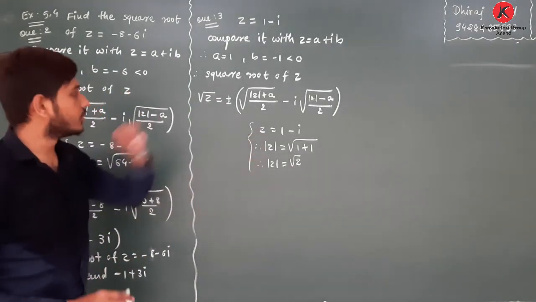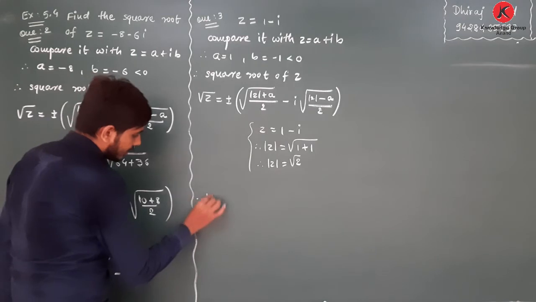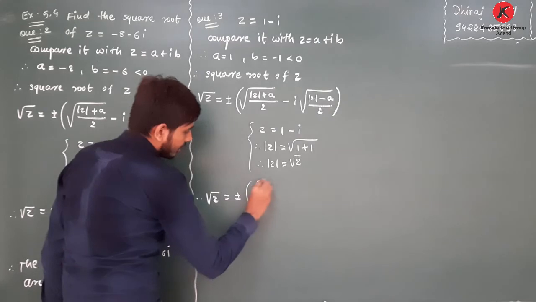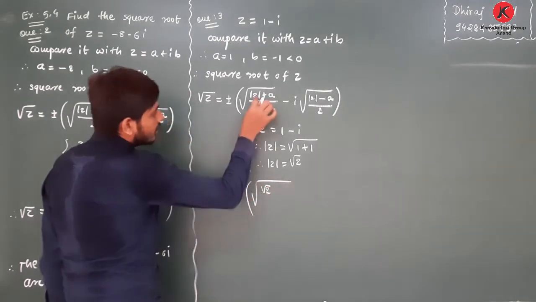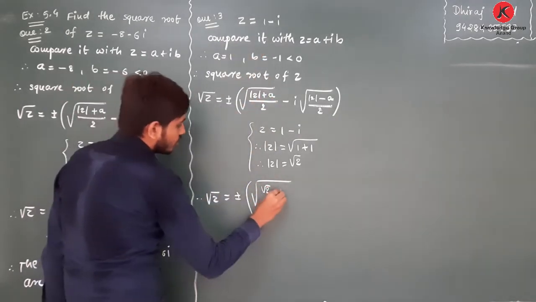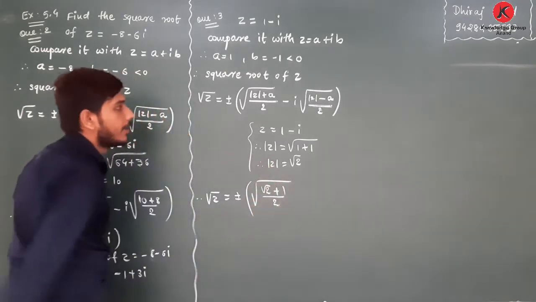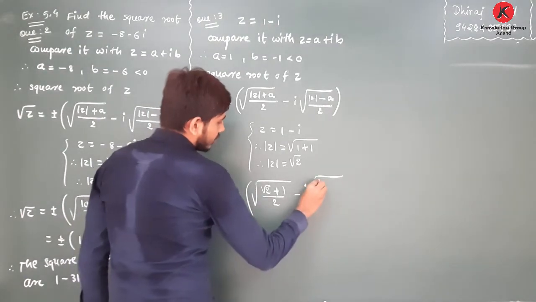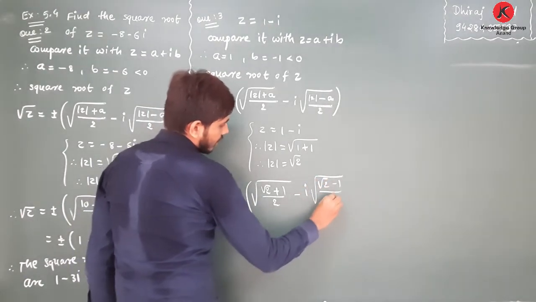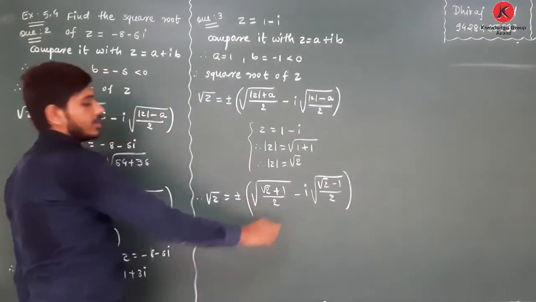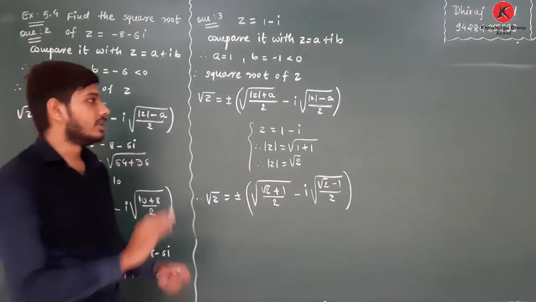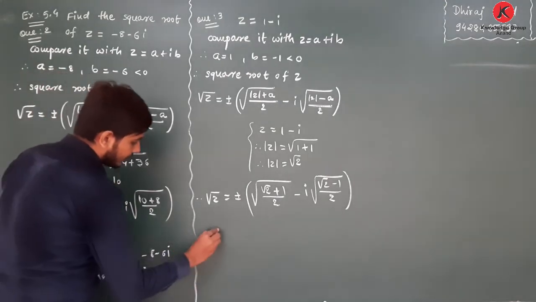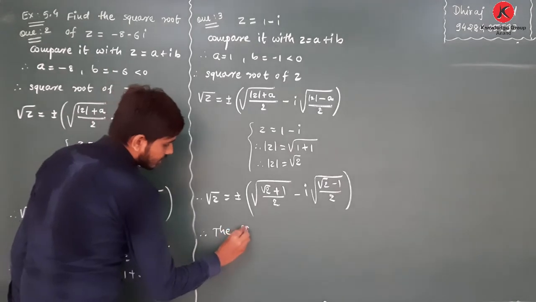Now put this value here. Therefore we are getting under root of z equals plus or minus under root of root 2 plus 1 divided by 2, minus i in the bracket root 2 minus 1 divided by 2. Simplification is not possible inside, so leave it as it is. Write it down. Therefore the required square